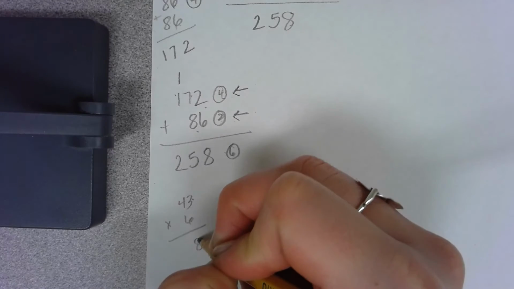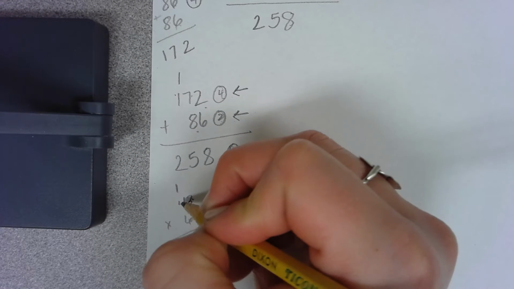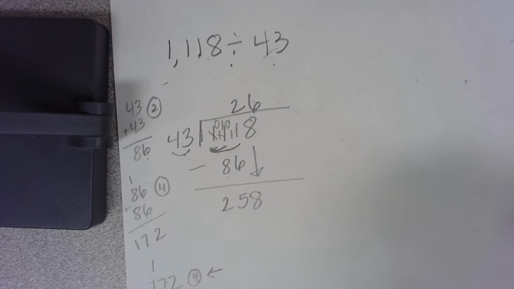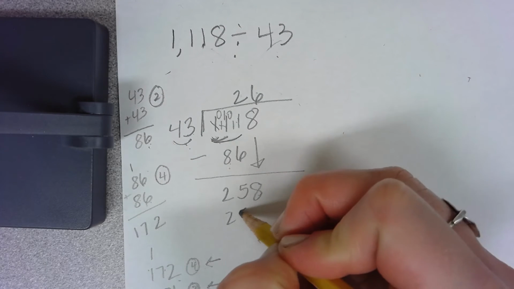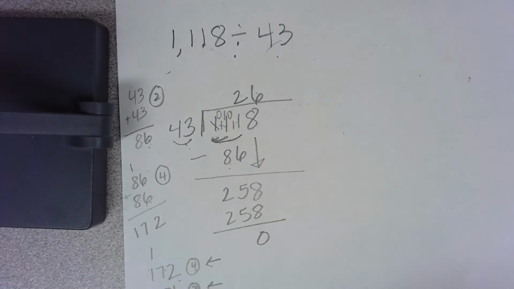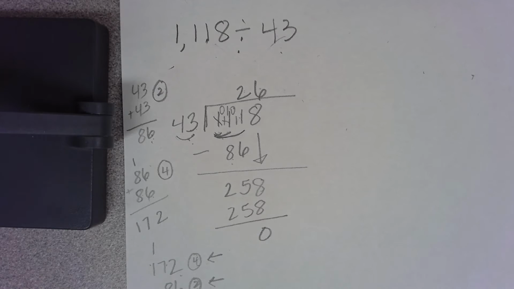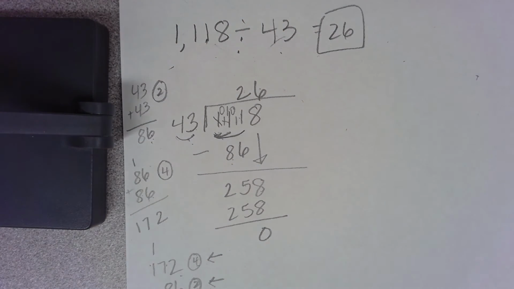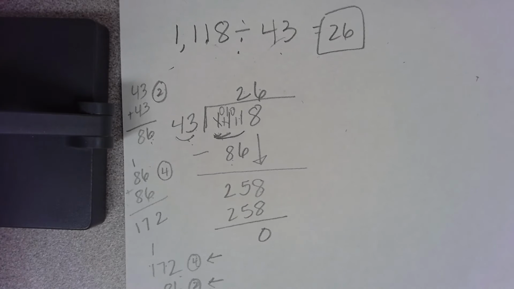6 times 3 is 18. 6 times 4 is 24, plus 1 is 25, and we get 258 exactly. So I know I get 258, and once we hit 0 at the bottom, we are done solving. So now my answer would be 26. Okay, I'm going to give you another problem here that we're going to solve together, and